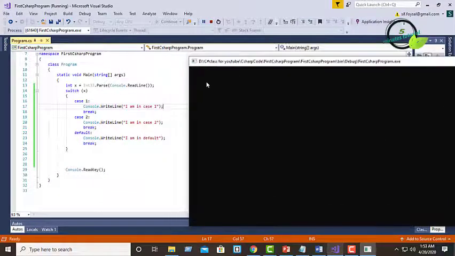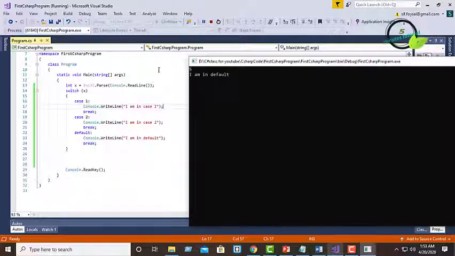So here I am giving an input for x, 5. So first, what is actually happening here?